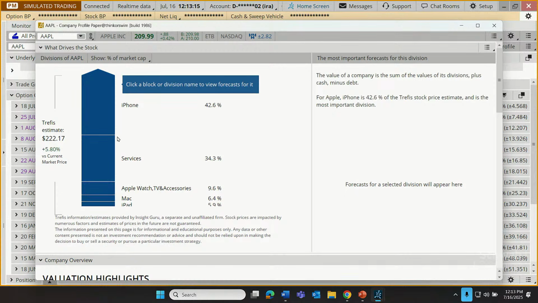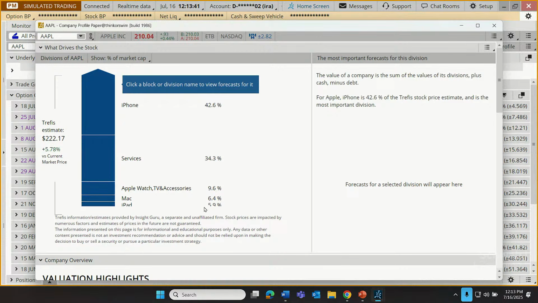It gives us a breakdown of where a company derives its revenue. So for example, where is 42.6% of revenue coming from for Apple? If you've wondered what the significance of the phone division is for Apple, it's about 42.6%. But they also provide services, 34.3%. Apple Watch, 9.6%.